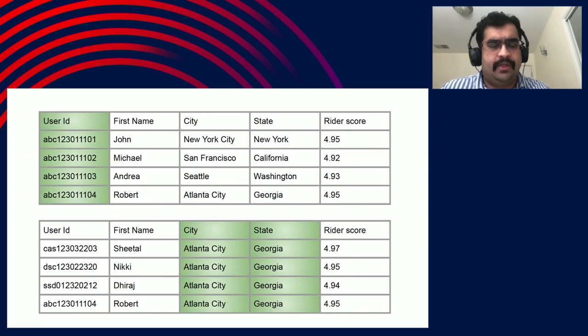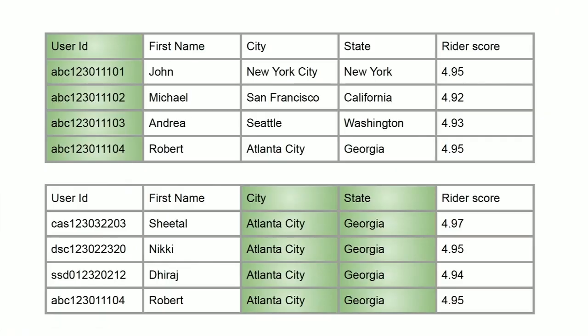Let's look at the example. Here we are trying to store user information in Parquet, and as you can see, we have a total of 5 columns. User ID is a unique identifier, so that's never going to repeat. Now, let's say we sort the records by user ID and store them in Parquet. You can see in the upper table that all 5 columns do not have anything in common. So if you are writing this into Parquet, you will not get any columnar compression.